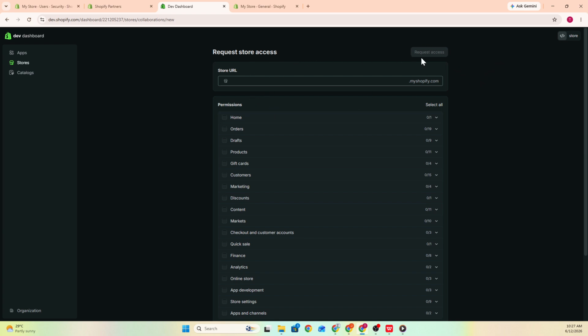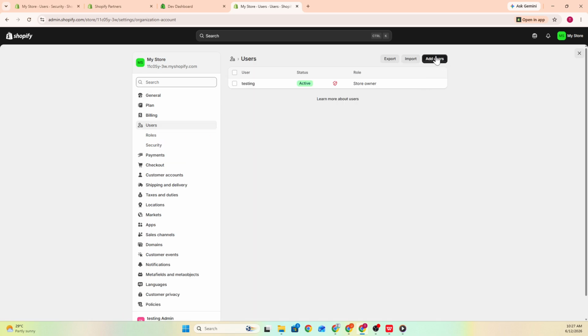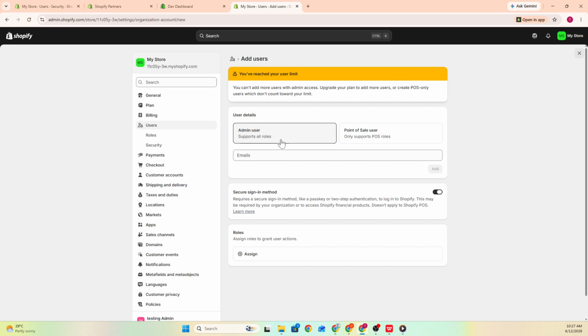There is also another way to provide access. Return to the Users section of your Shopify settings. From there, click Add Users, enter the email, and when adding a user, you can control exactly what they are allowed to access. Review the available roles and permissions, then choose the ones that match the level of access you